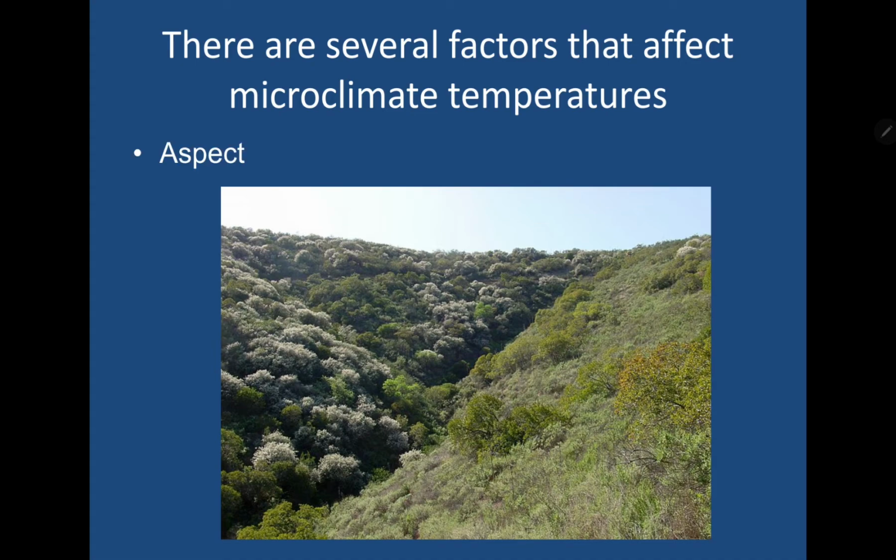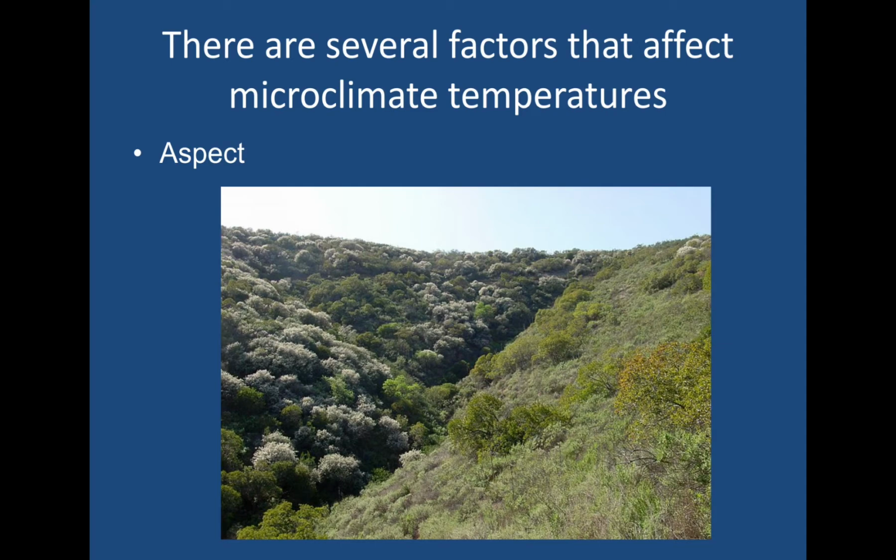So another factor that affects the temperatures and microclimates is aspect. Okay? The geographical aspect refers to the directions that a mountain or a hill slope faces. This can have significant effects on the topography and the organisms that live within them. Why? This is because depending on what side you're looking at, there are shielding effects against sunlight or precipitation that can occur. Okay? So if this is unclear, I'll give you an example.